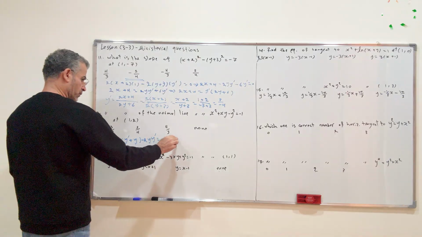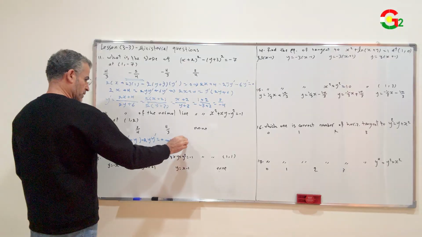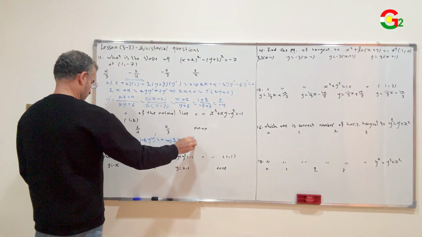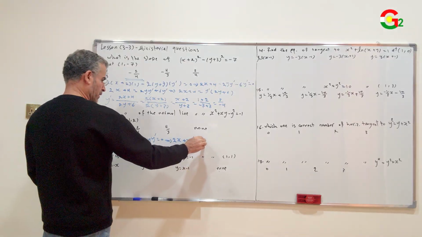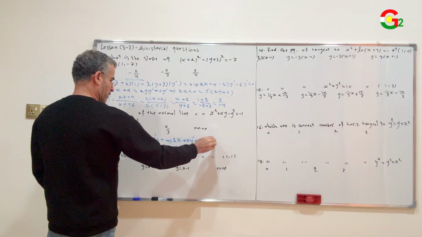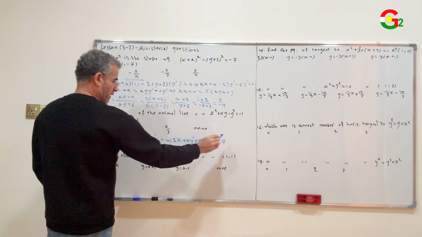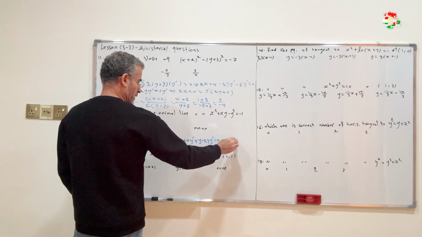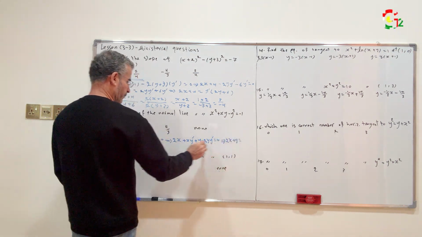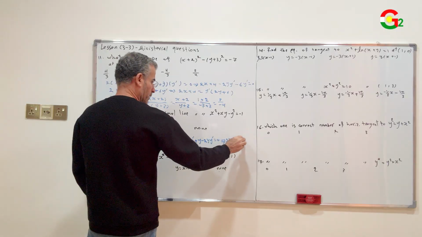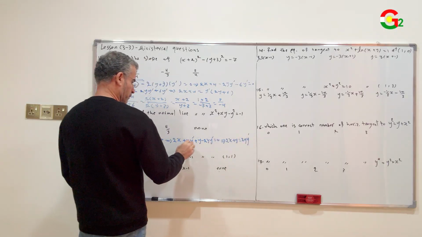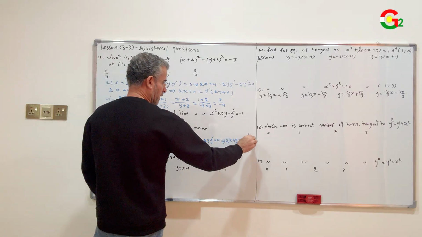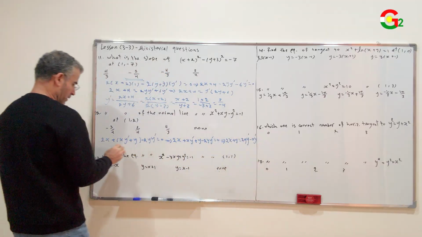Then 2x plus xy prime plus y minus 2y prime equals 0. Then